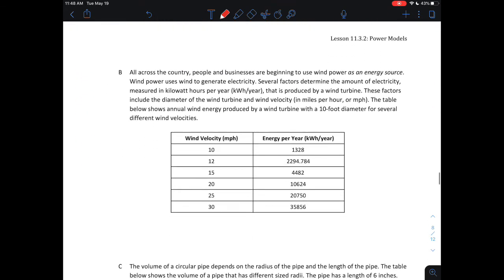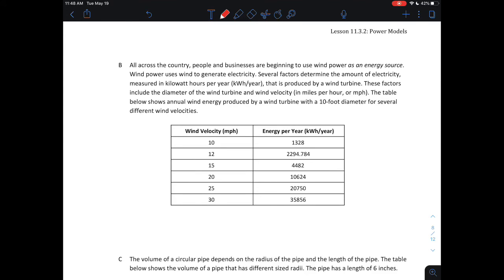Okay, now on the next page, part B. All across the country, people and businesses are beginning to use wind power as an energy source. Wind power uses wind to generate electricity. Several factors determine the amount of electricity measured in kilowatt hours per year, which is abbreviated kWh/year, that is produced by a wind turbine. These factors include the diameter of the wind turbine and wind velocity, which is measured in miles per hour, or mph. The table below shows annual wind energy produced by a wind turbine with a 10-foot diameter for several different